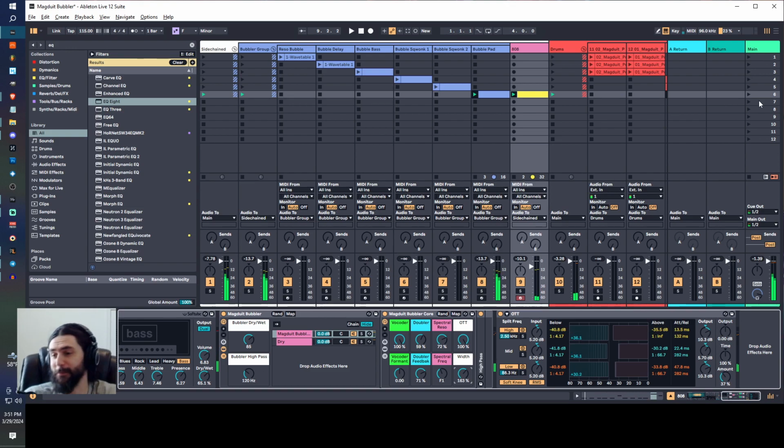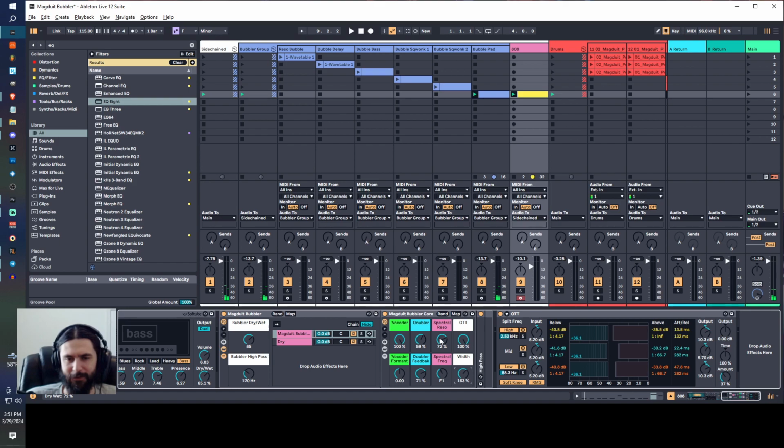So yeah, that's pretty much the whole video. That's the whole rack. It's this bubbly sort of thing that's really abusing the idea of the Spectral Resonator and vocoder, and even the whole doubling metallic delay thing to create this very unique sounding effect. I would say that it helps a lot with